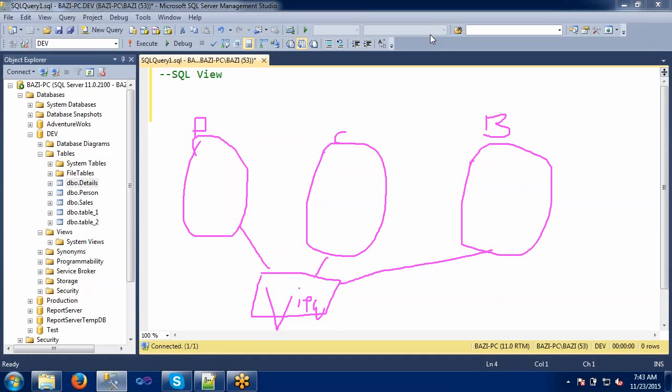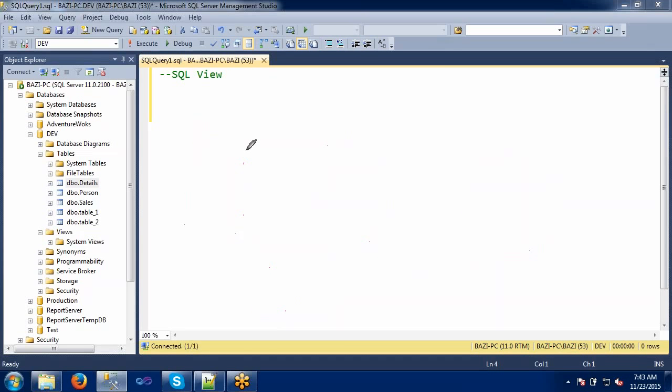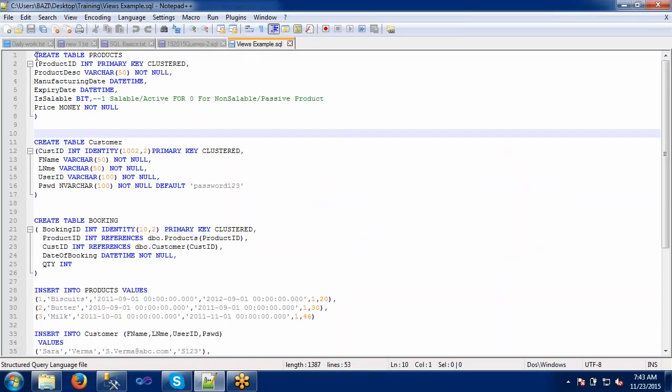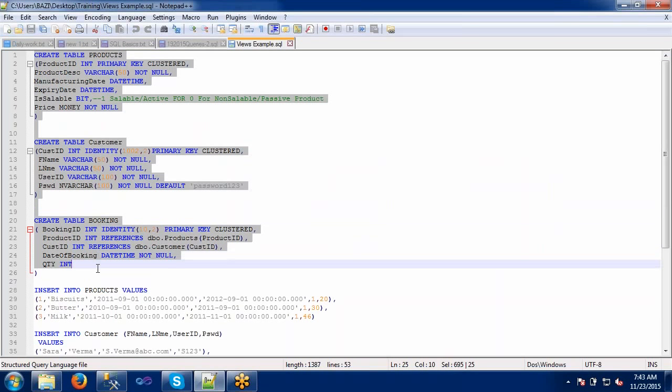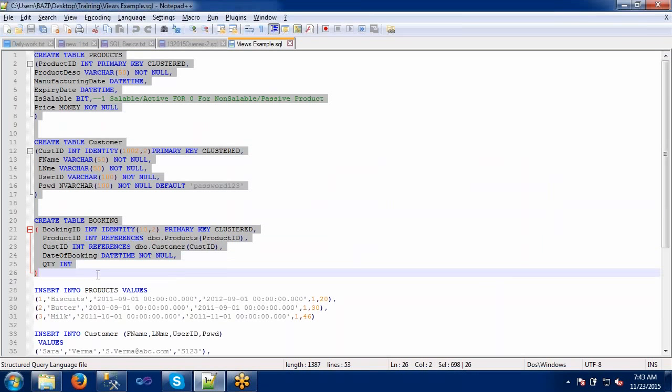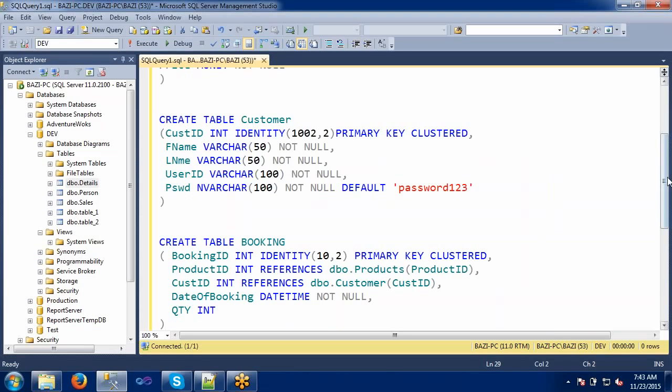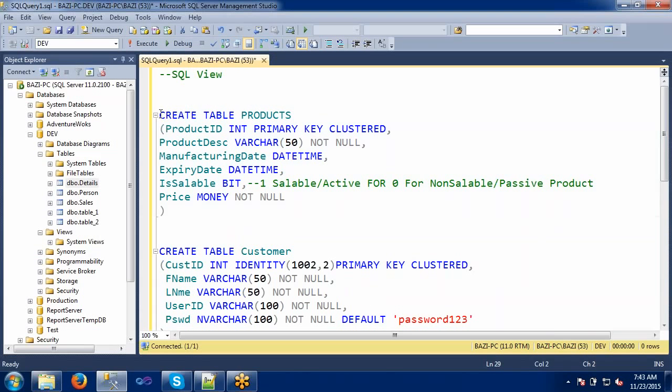For this purpose only, I have created three tables. I'm going to execute this one. I have prepared three tables here. The first table is the product table.